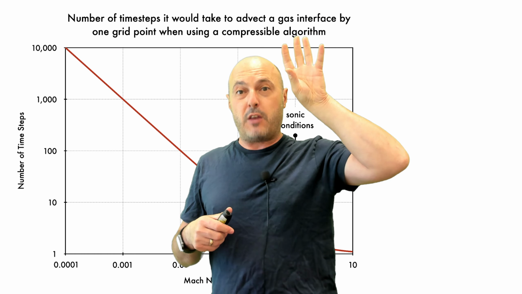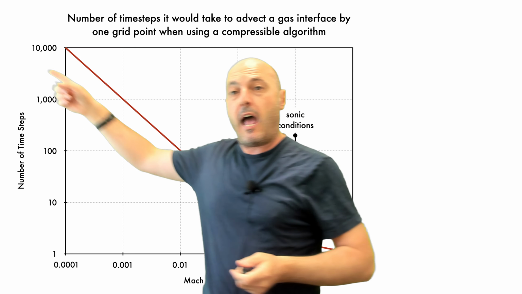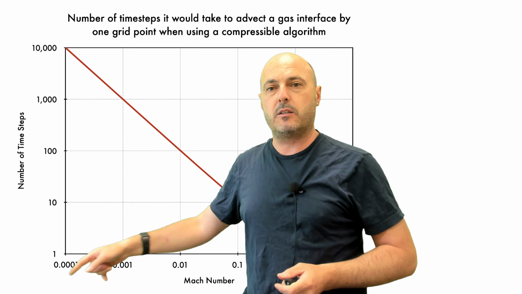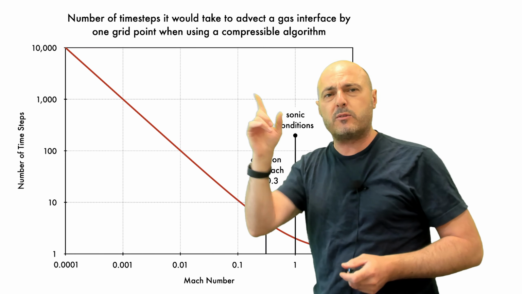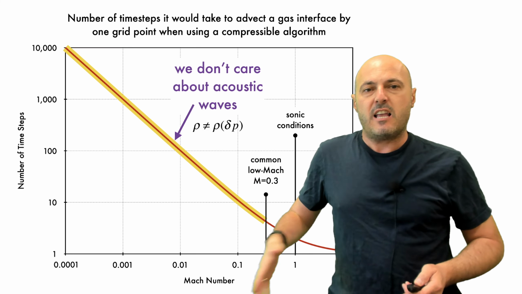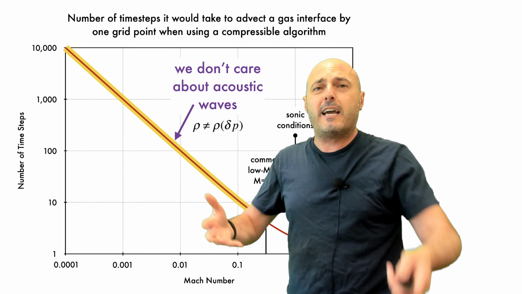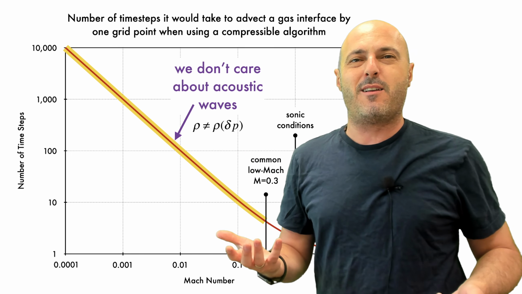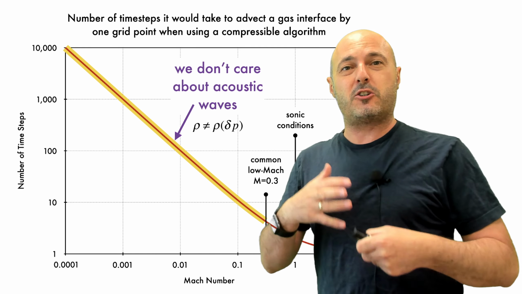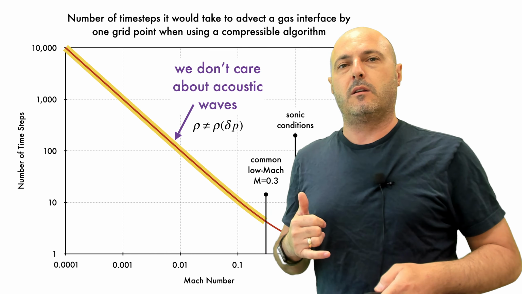So if we move the acoustic scales one grid point per time step, what happens to the advective scales, to that vortex? It's going to take 10,000 time steps at 10 to the minus 4. 10 to the minus 3 is going to take 1,000 time steps. Well, that's insane, right? Especially that in this entire range of Mach numbers, we really don't care about acoustic waves. So why are we computing them? In a way, we're stuck computing the fastest information in explicit methods, of course. We're bound to compute that fast information.